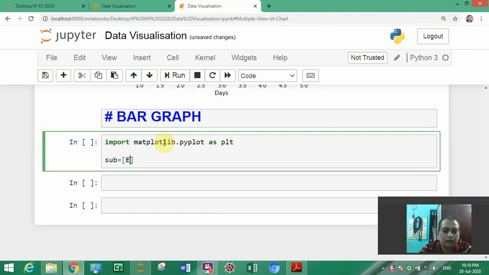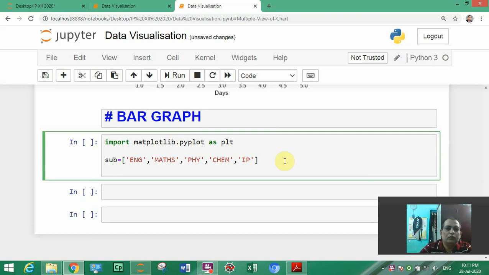In single quote you have to write English, then comma, single quote, maths, then other subject names, physics, chemistry, and our subject I will take IP. So this one will work as x-axis.